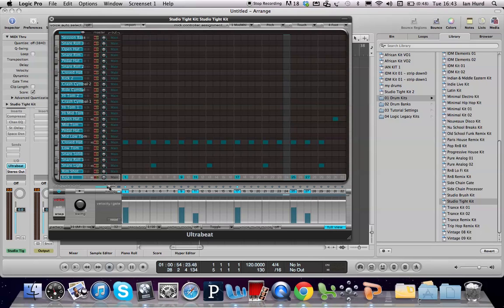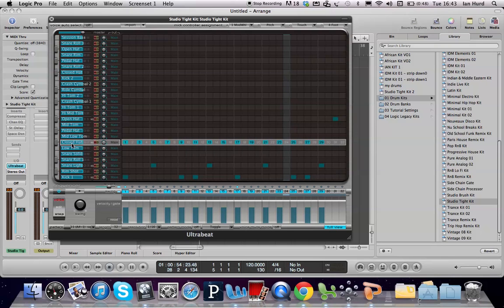Okay, so let's adjust the velocities of the hi-hat notes and add a little more randomness to make the pattern come alive a little bit. So in the assignment section, we're going to click the closed hat name, sound 7. So just up here on sound 7, click that so it makes it selected. And we're going to control click anywhere in the velocity gate row, and from the shortcut menu, we're going to choose alter velocity. So control click and alter velocity,